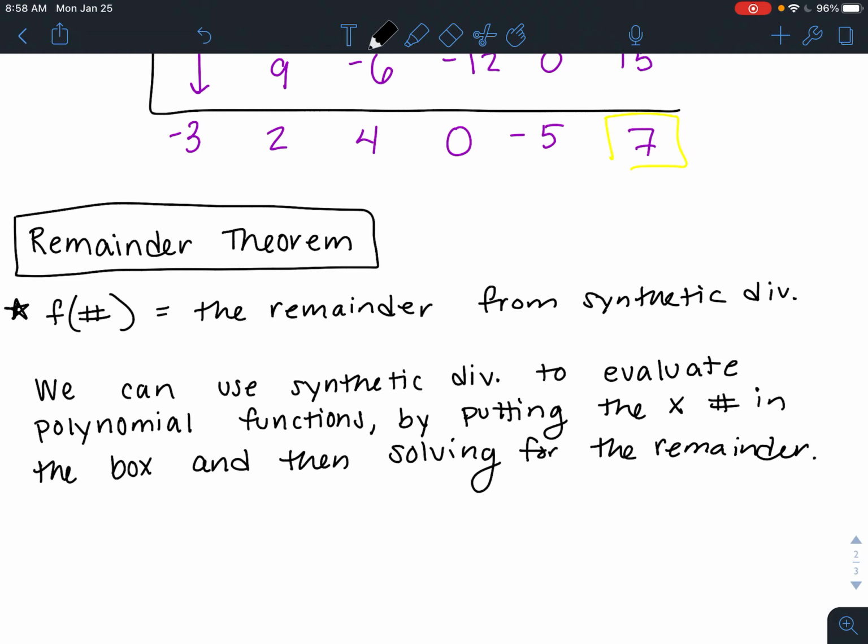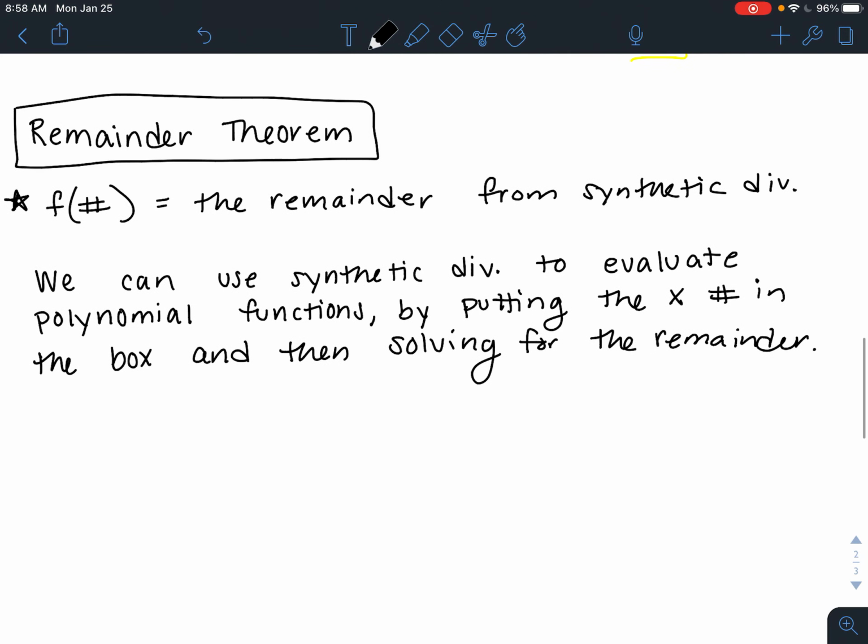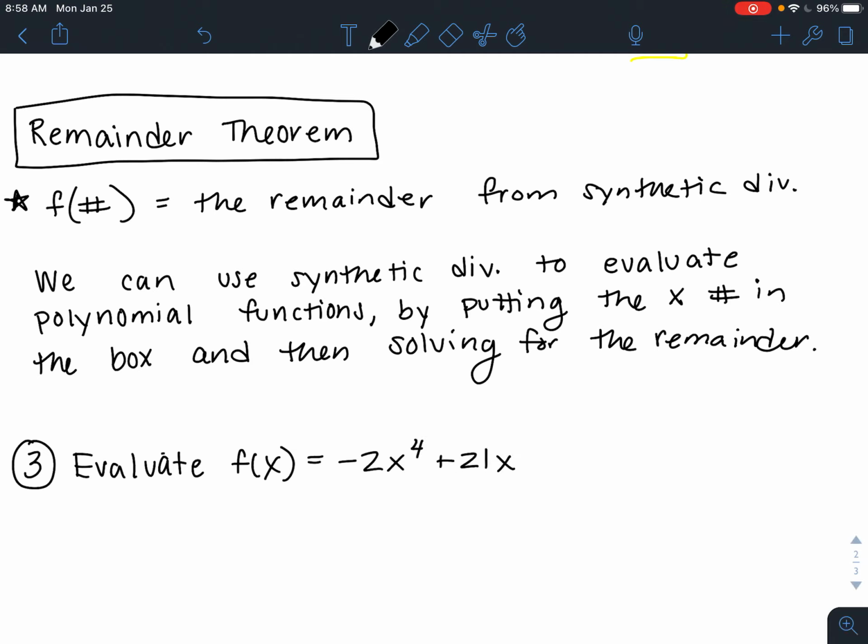Okay. So let's try one more of these. Right, so I guess I don't have to write example. We were on number 3, right? So I'm going to word it a little differently too, because you might see this wording as well, right? We're going to evaluate f of x, which equals negative 2x to the 4th plus 21x squared minus 12x plus 8